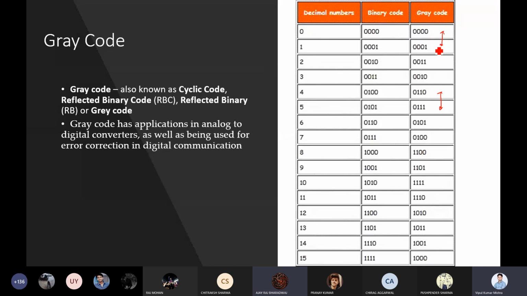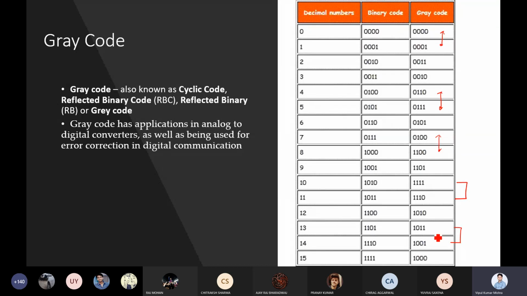The difference is only one place. So are we adding one to each of the binary codes? No. It's a different variety of code, that is gray code, and whenever you take the difference between two consecutive codes, you will find only one place differs, and the remaining are all the same. For example, if you take these two, 1 1 1, the first three places are the same and only the fourth place differs, right? Then suppose you take these two, you can check that only the second place differs and the rest are all the same.